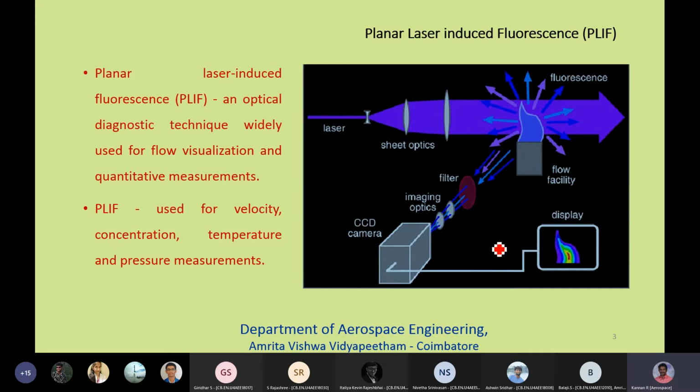For example, in a flame profile, if you want to see CH radicals, OH radicals, NO radicals, or CO radicals. Normally, if you burn methane in air or oxygen, what will happen? In the previous semester we looked at the complete combustion of methane with oxygen, which gives CO2 plus H2O. But in the real sense, it's not going to give only CO2 and H2O.